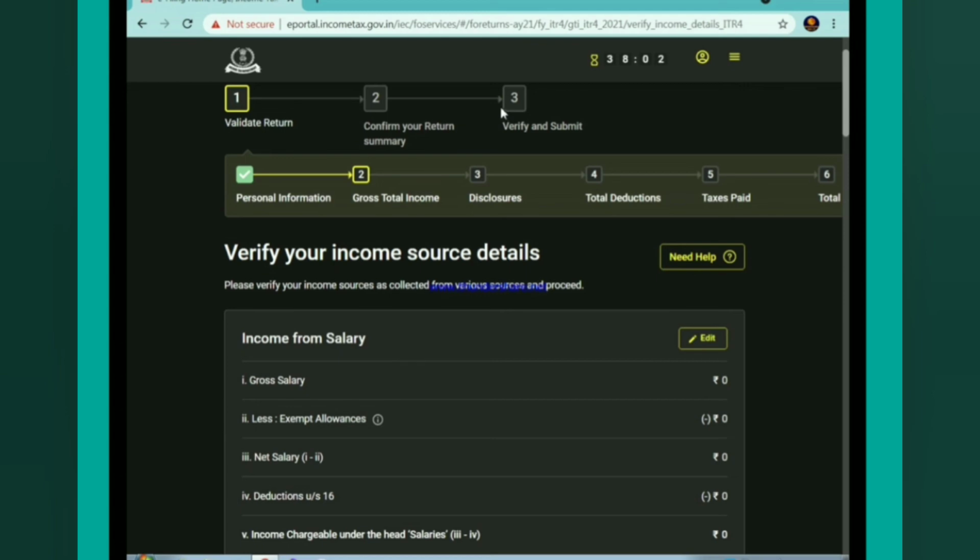And in the third step, when I confirm, as per the previous time, we have to just click the preview option. We have to go through the forms we have filled up. And in the third step, we have to just verify and submit. First we will submit and then we will verify. And if we need, we can do the e-verification also.